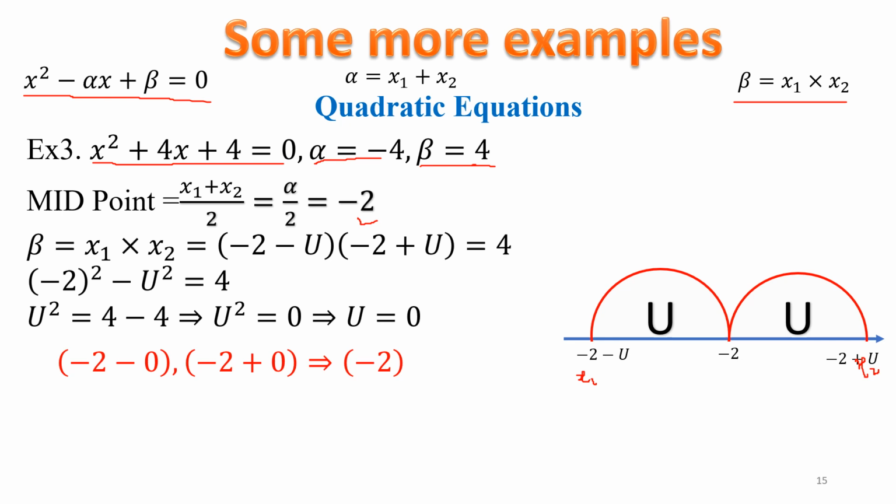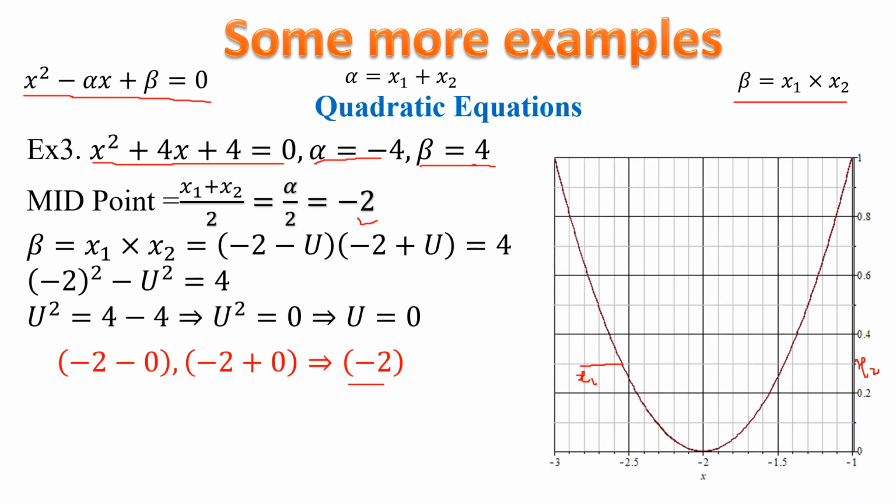So we can write two roots as we have devised here. Minus 2 minus u, minus 2 plus u, and u is 0. So here we are arriving at a single root of the quadratic equation. And if we really plot this quadratic equation, you will be able to see that this graph touches x-axis at minus 2, offering us a single